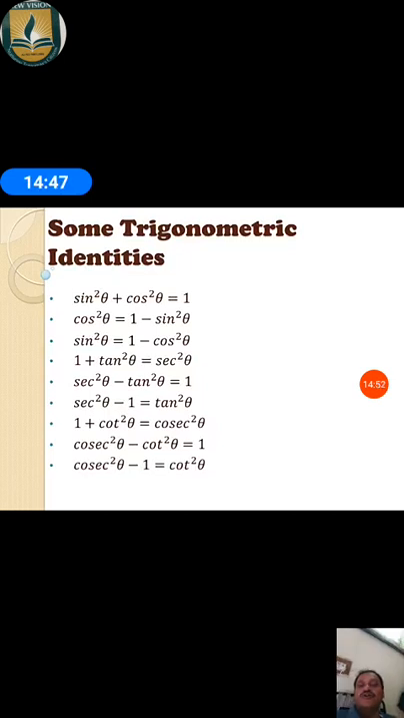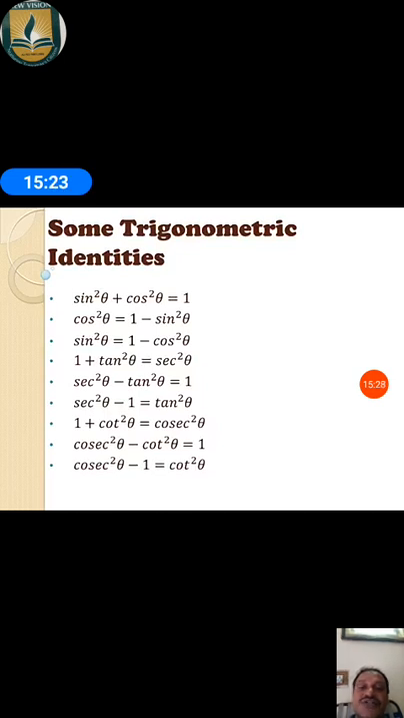Some trigonometric identities which we have: sine square theta plus cos square theta is equal to 1. From this we get cos square theta equal to 1 minus sine square theta, and sine square theta equal to 1 minus cos square theta. These are all square relations that we have here. And also sine theta is equal to plus or minus square root of 1 minus cos square theta, cos theta is equal to plus or minus square root of 1 minus sine square theta,